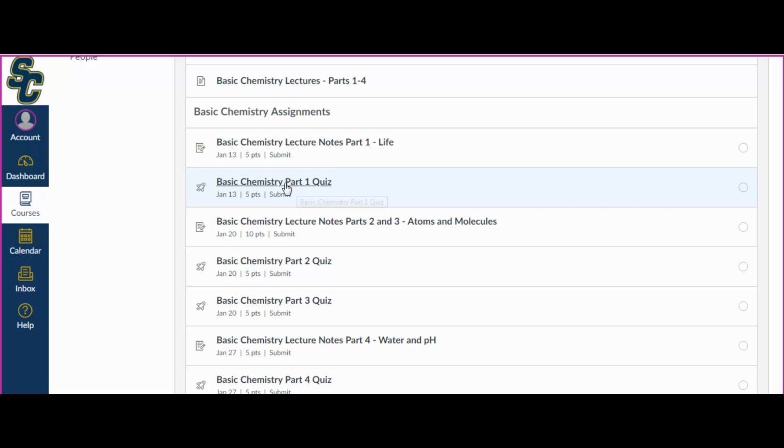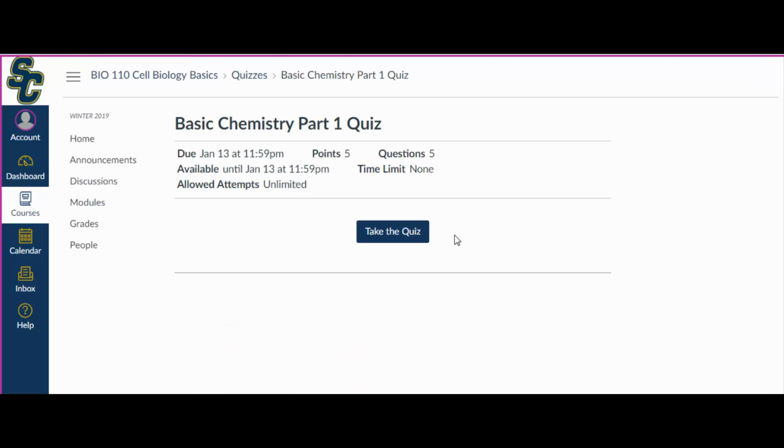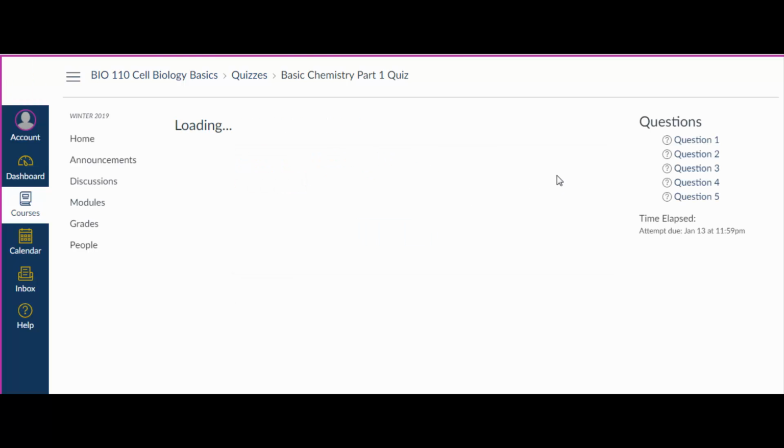Part 1 quiz. So if I click on that, you can see how a quiz works. It tells you the due date, it tells you how many times you can take it, which is unlimited, the number of points associated with it, how many questions are in the quiz, and then if there's a time limit, which of course for us there's never a time limit. So I'll click on Take the Quiz,